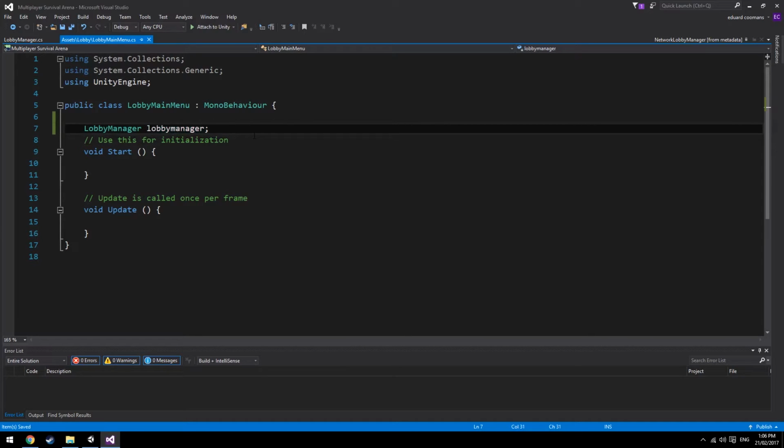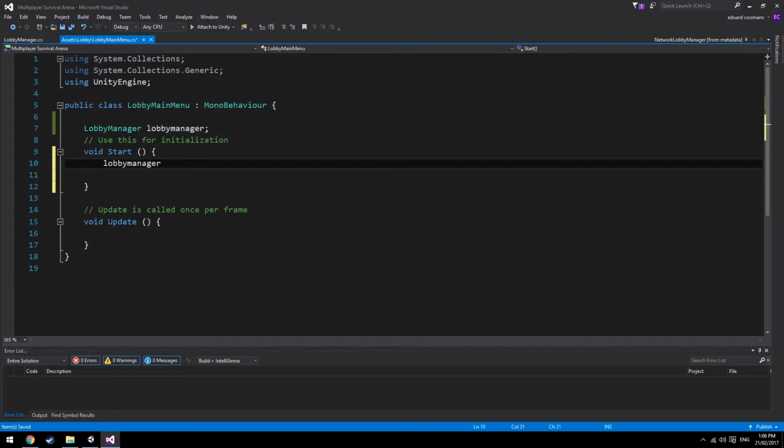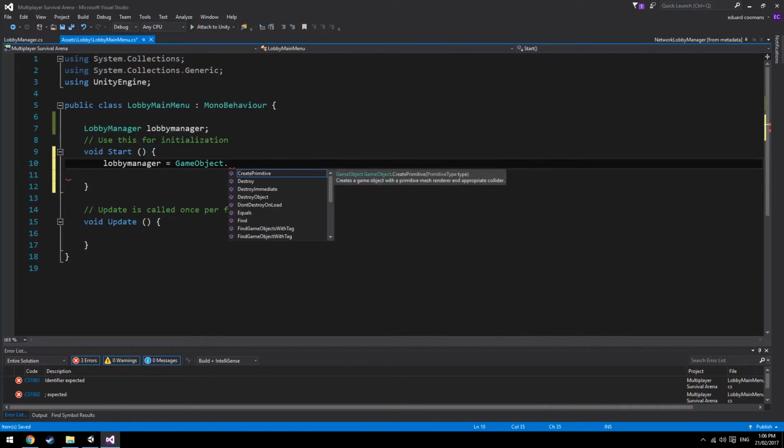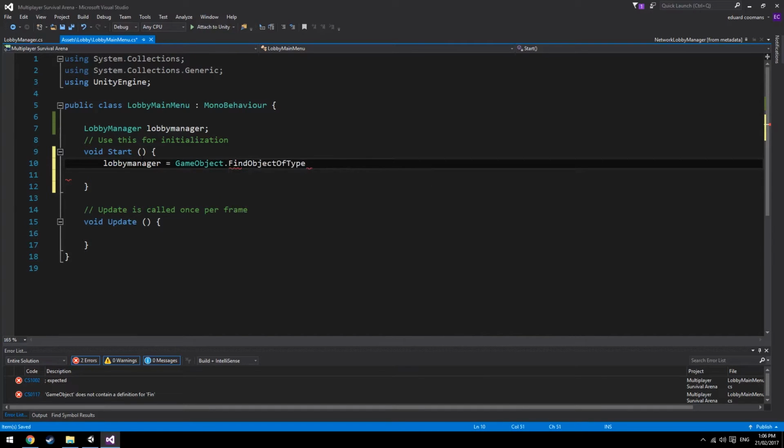So this script is mainly just a bunch of callbacks called by the UI elements that we're going to make later on. And we're just going to have to set it up as we did with the connection manager with on-click functionality and so forth. So let's say the lobby manager is GameObject.FindObjectOfType of lobby manager,